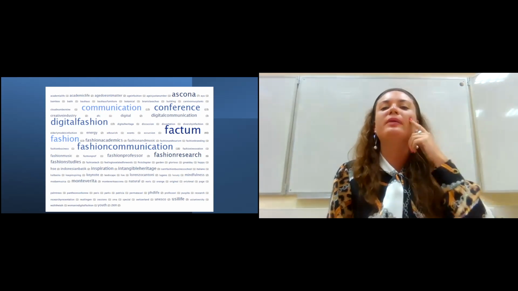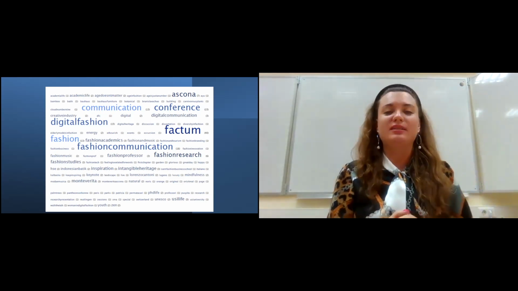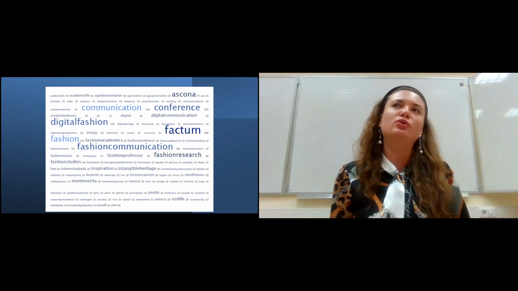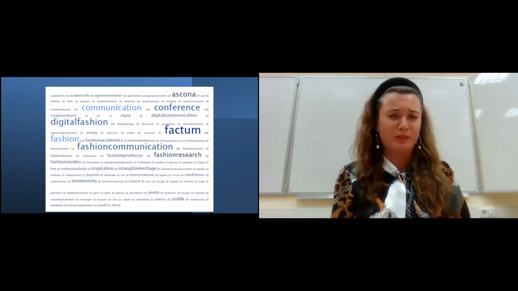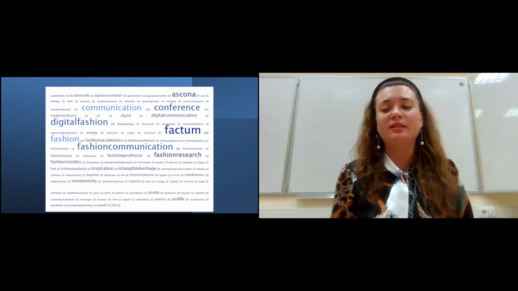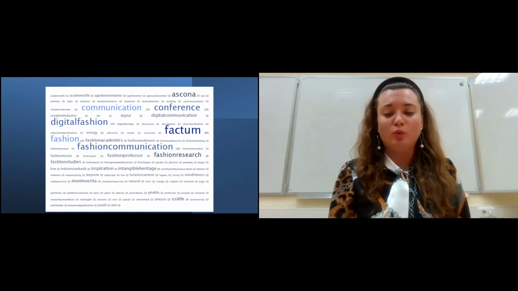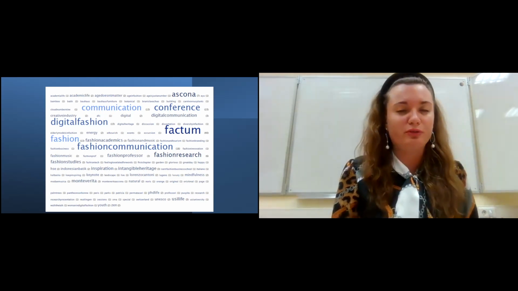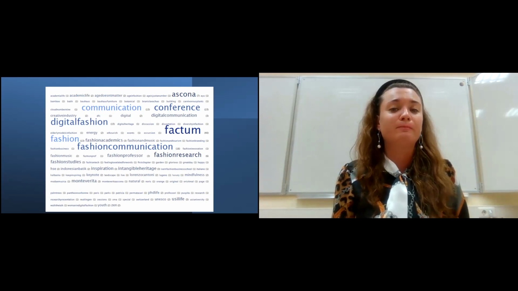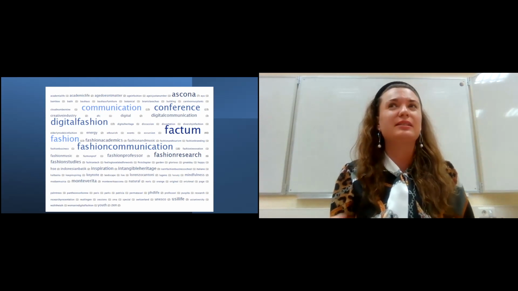On Instagram, there can be different profiles, different accounts. It can be used for personal purposes, and then it is closed, so you decide what people you want to befriend. And it can be used as social and as business.